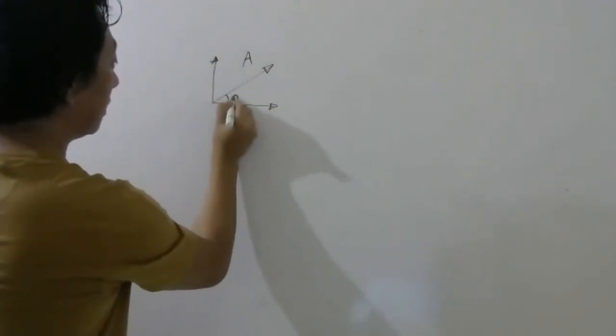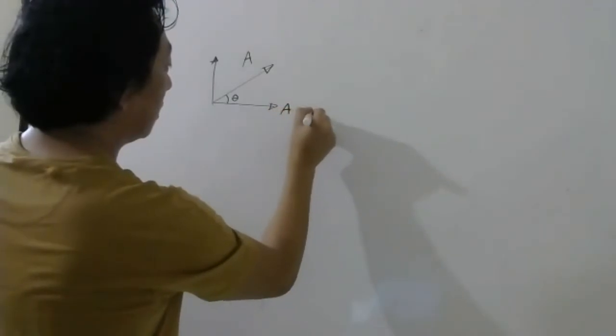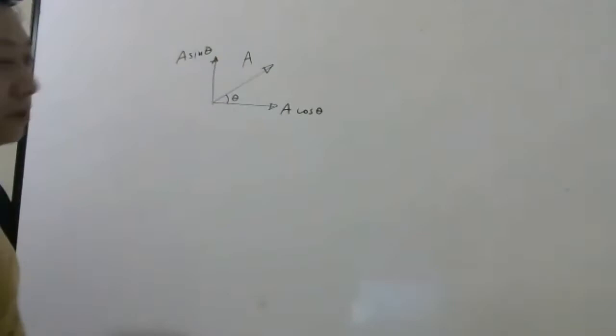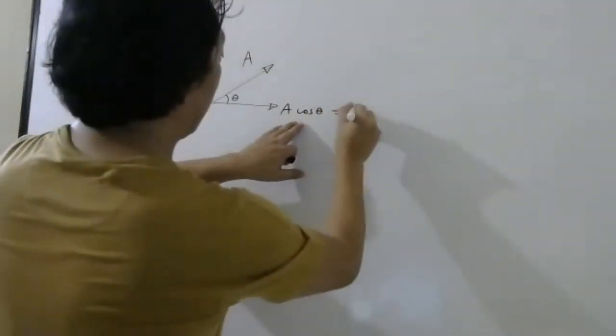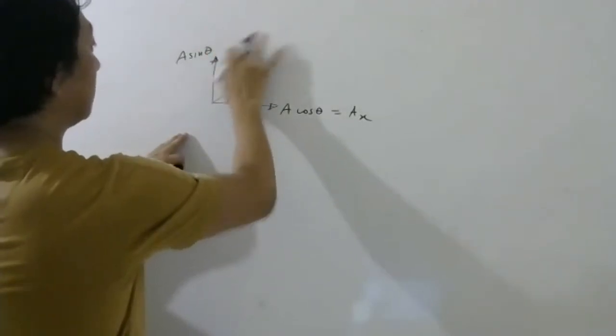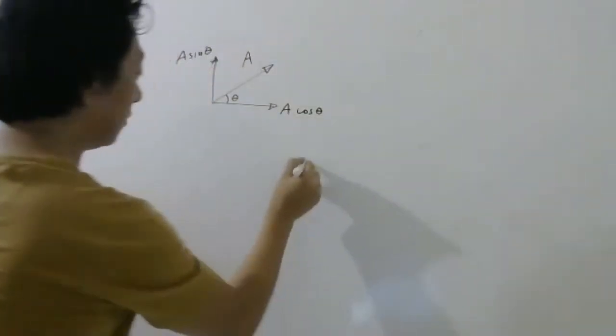If this is theta, this is your A cos theta, this is your A sin theta. Understood? No? And this is what we call AX. And this is what we call AY. Similarly, if your vector is here,